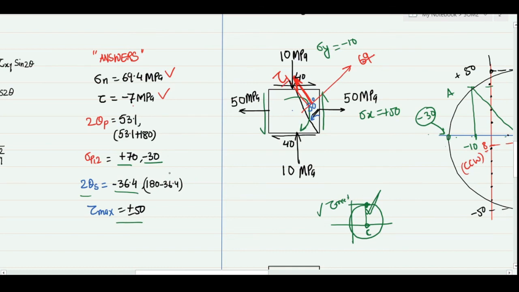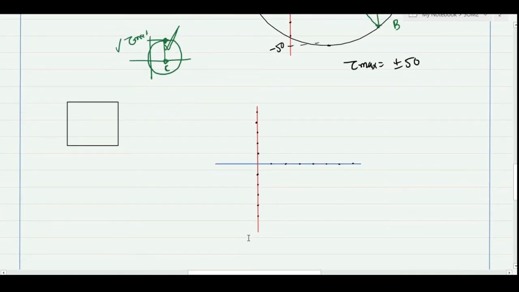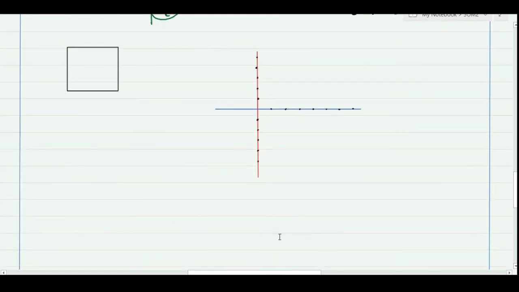Similarly, the principal stresses are 70 and minus 30, and your maximum shear stress is 50. So we have seen that the Mohr circle is a powerful graphical tool which avoids remembering the long formulas which we have seen in our previous classes, and by making the Mohr circle you can calculate all stresses which are required for the transformation of plane stresses. Now before closing this session, let's take a very special case that has been asked many times in exams, and that is corresponding to hydrostatic loading.